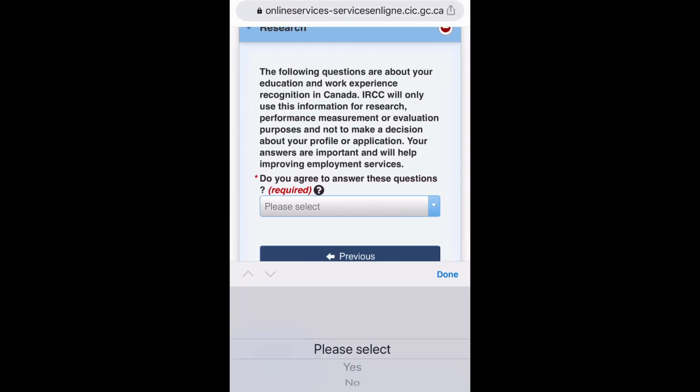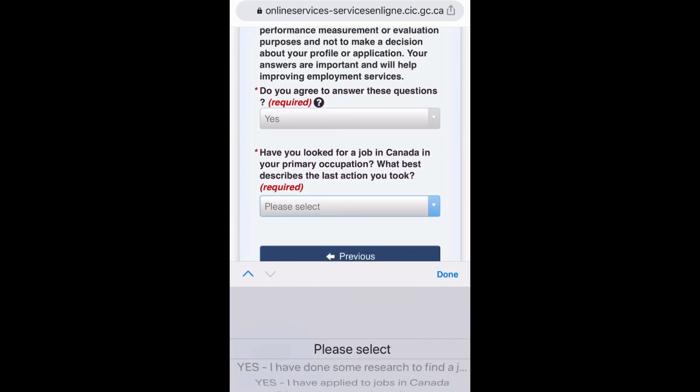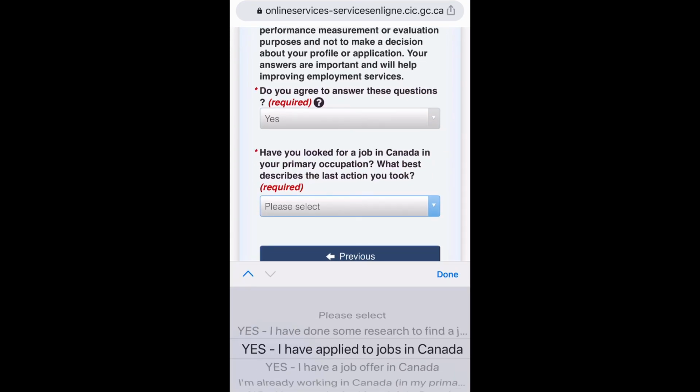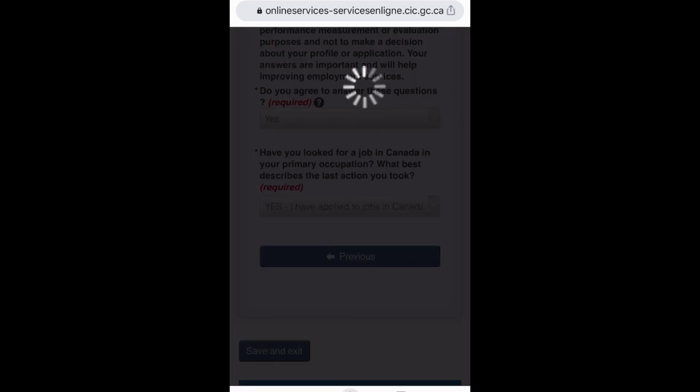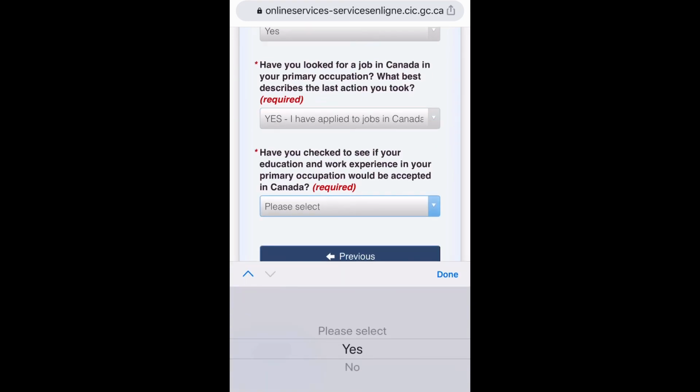Next. Research. Yes. Have you looked for a job in Canada? Yes. I have applied to jobs in Canada. Have you checked to see if your education will be accepted in Canada? Yes.